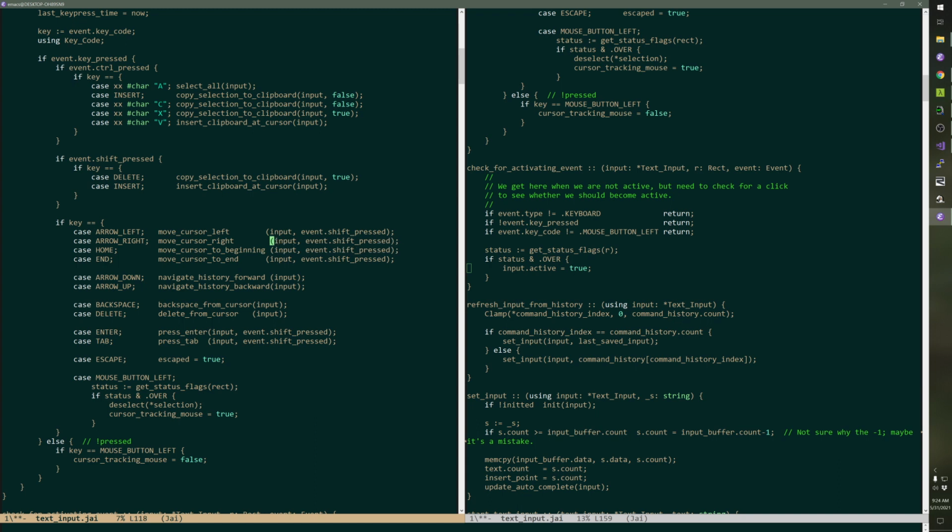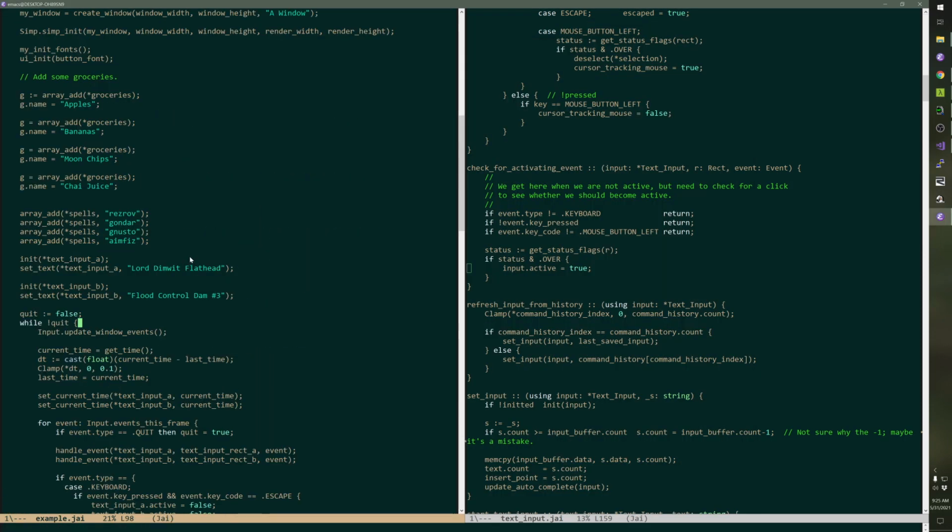Let's try this. Is there any case where clicking shouldn't remove text highlight? I mean, I don't know, like if you click outside of the text area because you want, I don't know, how text inputs usually behave in that way. So I'm not sure. Anyway, what is going on with